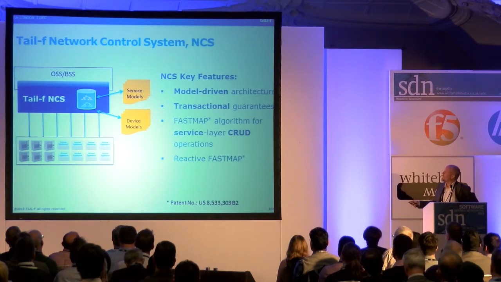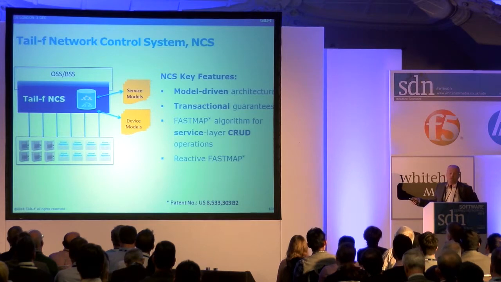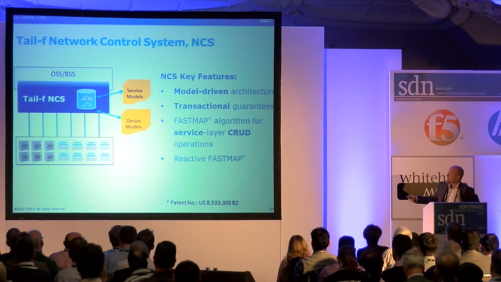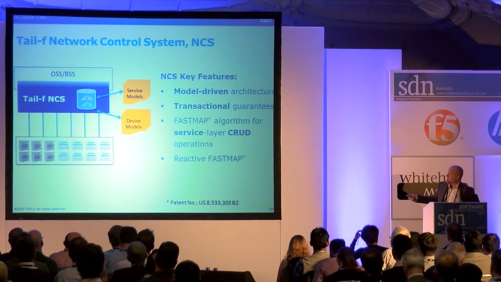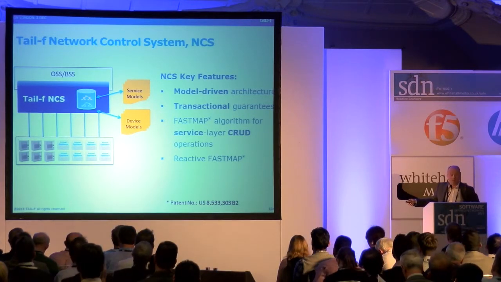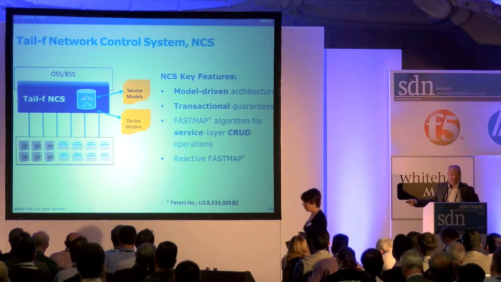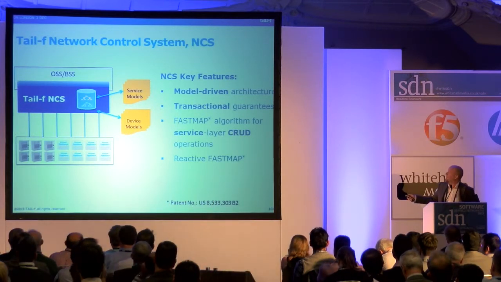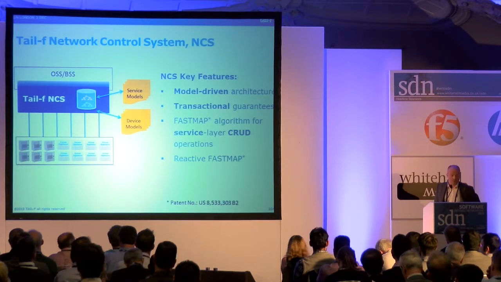Northbound of NCS is the SDN vision of a centralized API towards the network services. Whatever you do towards the services in NCS, be it service chains, VPNs, or whatever, is transaction safe written to a multi-vendor network: OpenFlow switches, traditional devices, virtual network functions. And it does that with transactions. So the VPN is provisioned or not provisioned. It can mix OpenFlow and traditional devices.